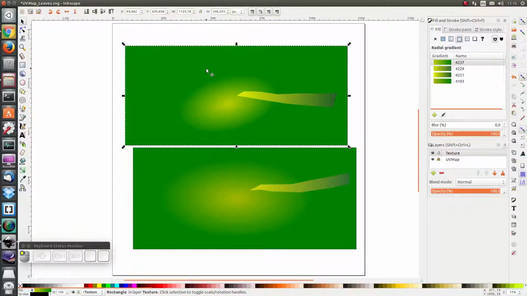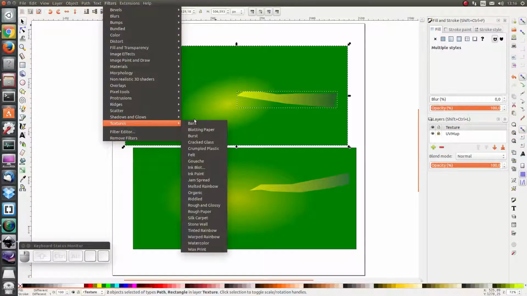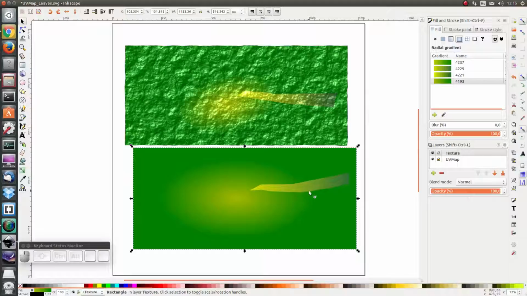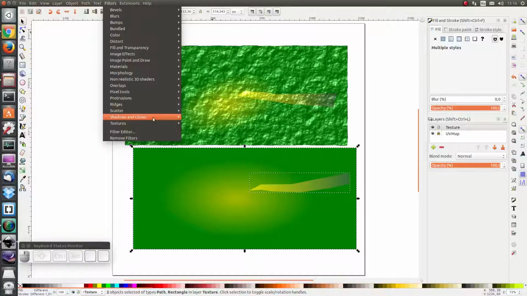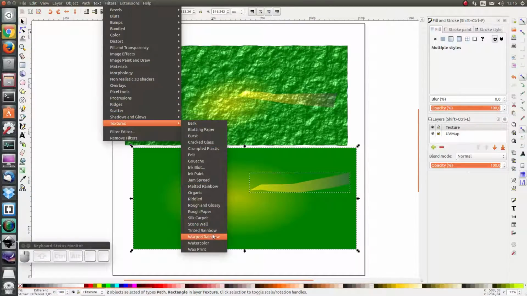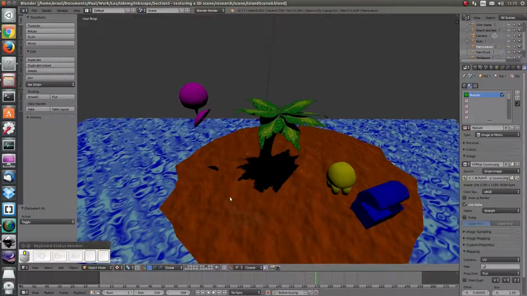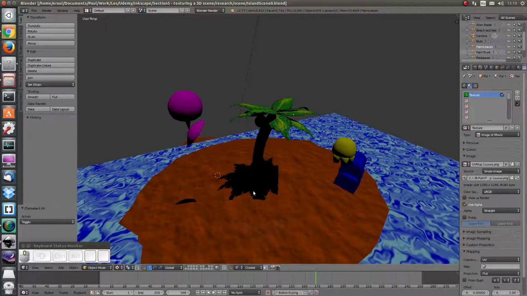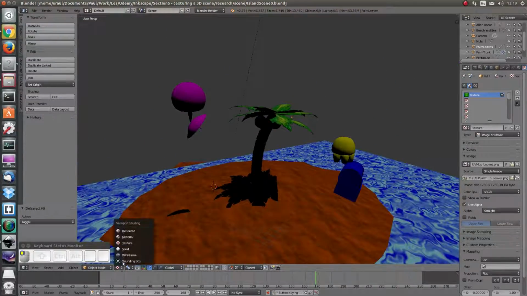And now let's select the two objects on the top surface of the leaf and add the filter Rough and Glossy. And on the bottom, let's add the filter Rough Paper. So let's have a look at how it looks in Blender. In texture mode, it looks relatively cool. And if I go to render mode,